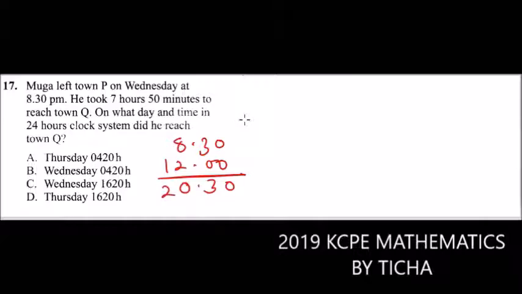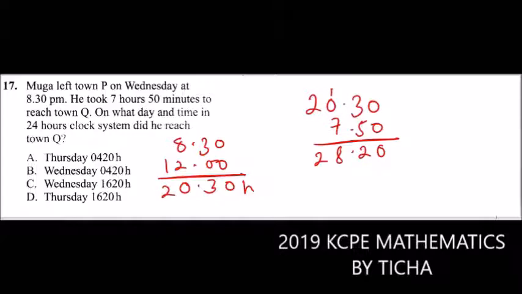So that is 20:30 hours. It took 7 hours 50 minutes to reach town Q. So you add to 20:30 hours, 7 hours 50 minutes. Since we are working with minutes, 30 plus 50 is 80. But 1 hour is made up of 60 minutes, so you get 20 minutes, we carry 1. This is 1, we have 1 there. So from 28 hours,